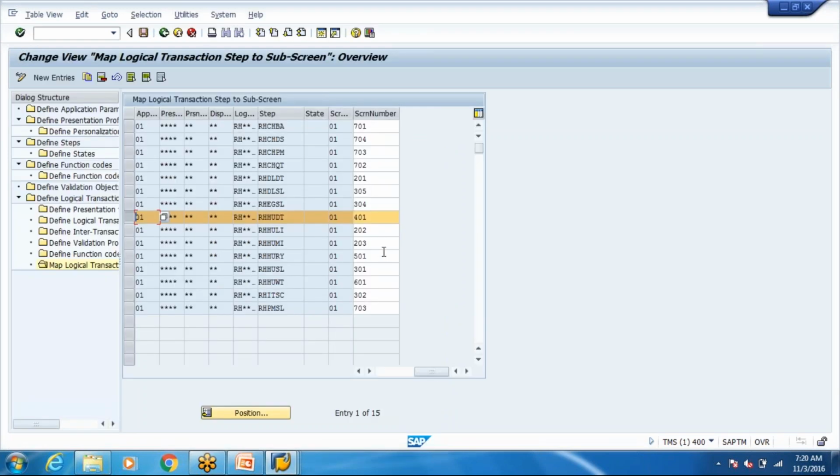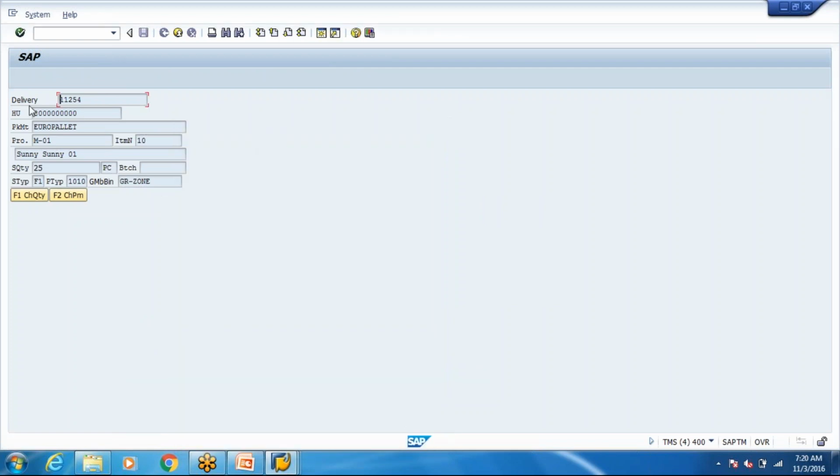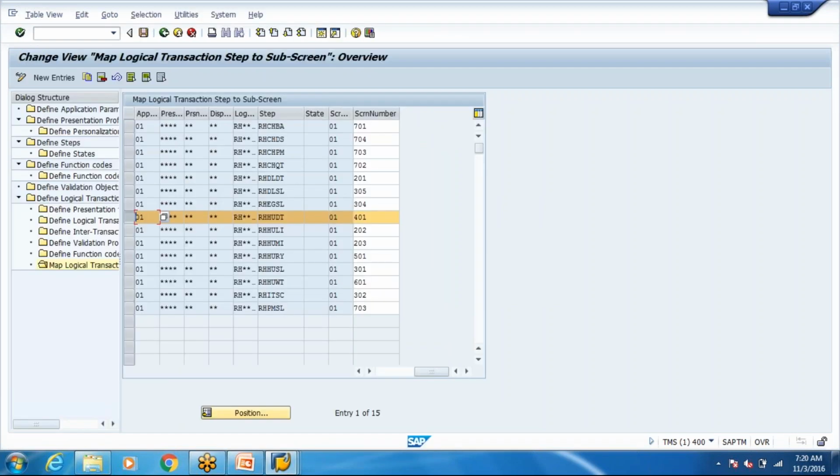So if you have changed the screen, for example, you have added a new function code, or you have done some changes in the screen, you'll not call 401 now, you'll call 901 or Z01, which you have created, okay. These are some of the basic changes that you can do on your RF screen, some cosmetic changes or some new programming changes if required in the existing flow.